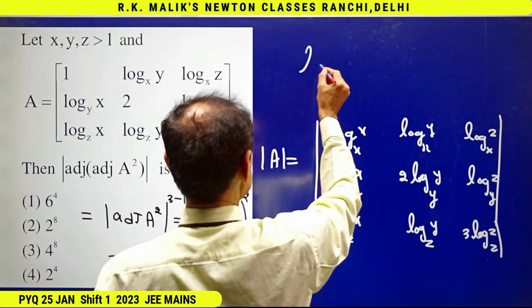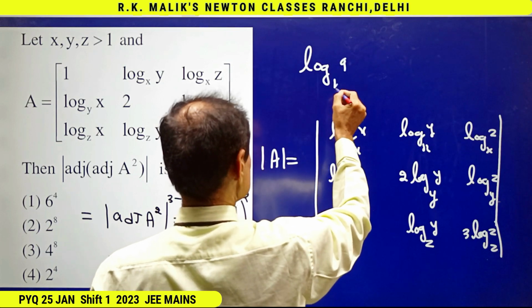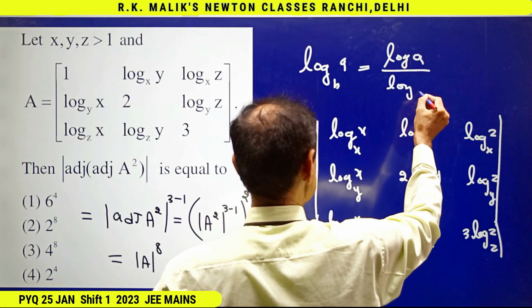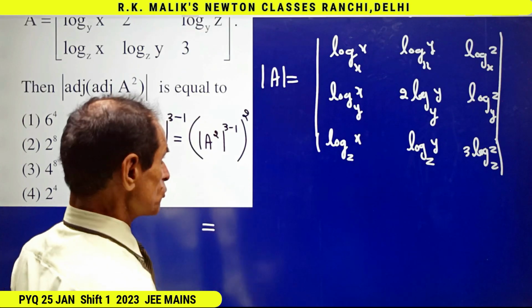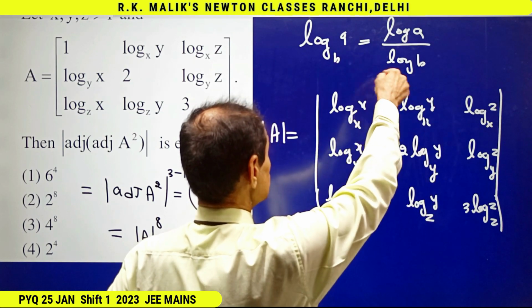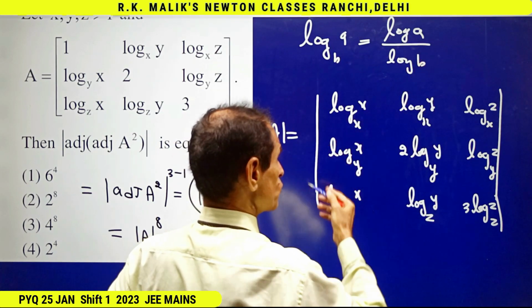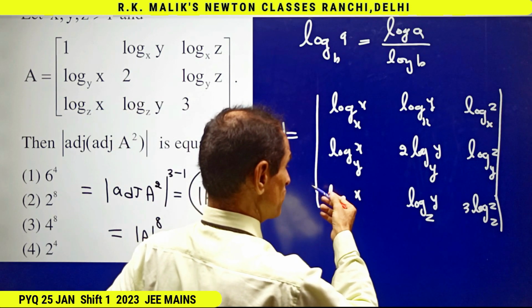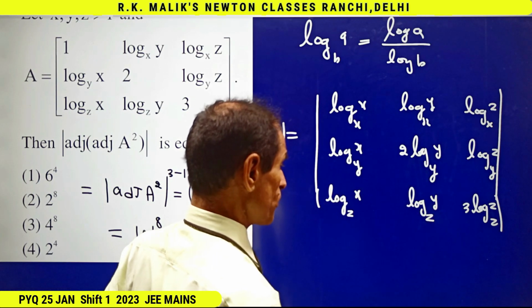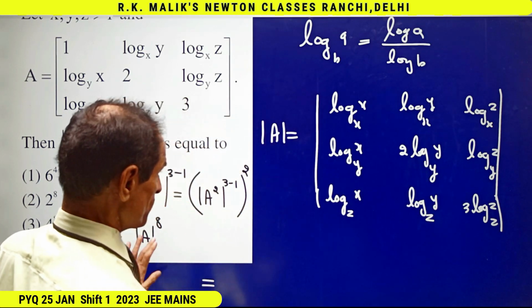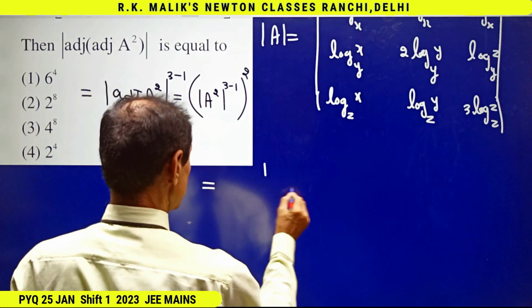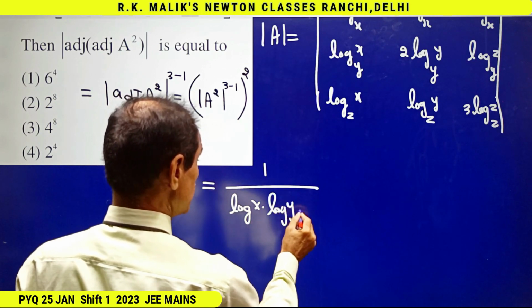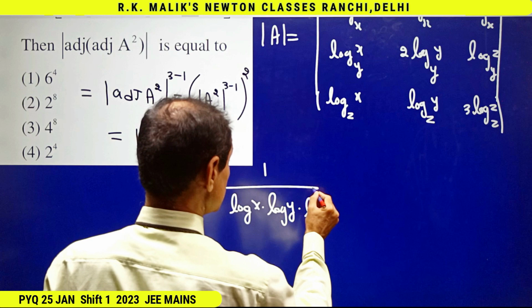And we know the formula log of a to base b is equal to log a upon log b. This is equal to, in every term using this formula, from the first row 1 upon log x can be taken common. From the second row 1 upon log y can be taken common. From the third row 1 upon log z can be taken common. Hence I will be getting 1 upon log x, log y, log z